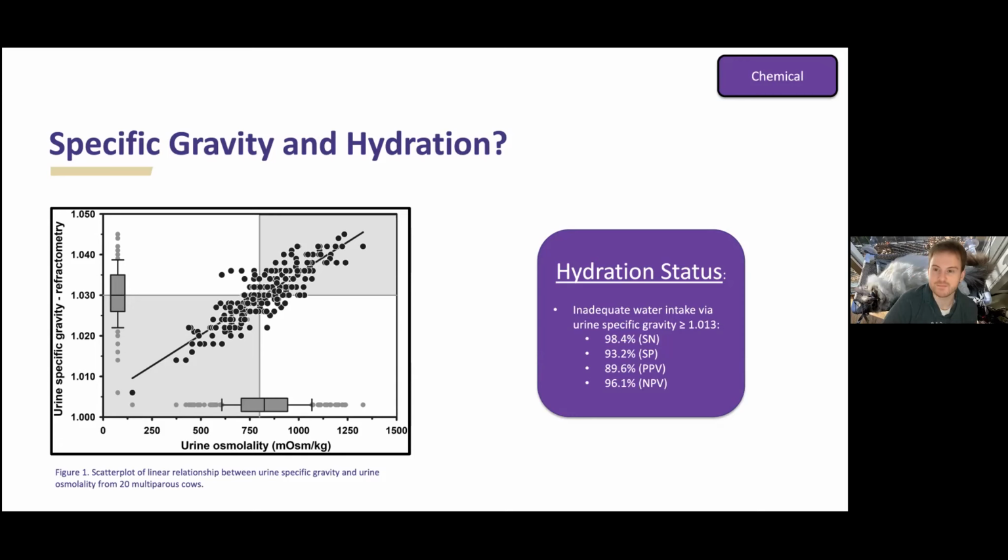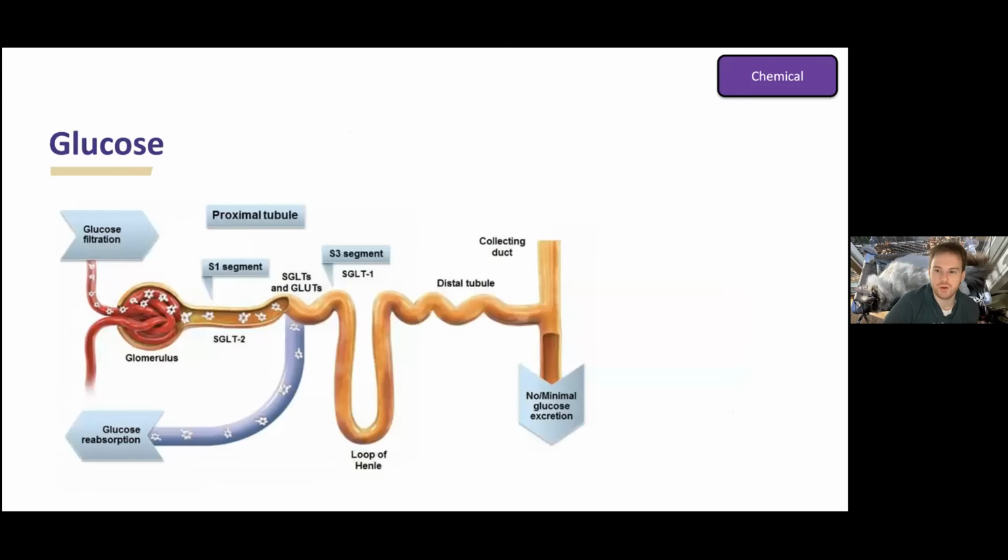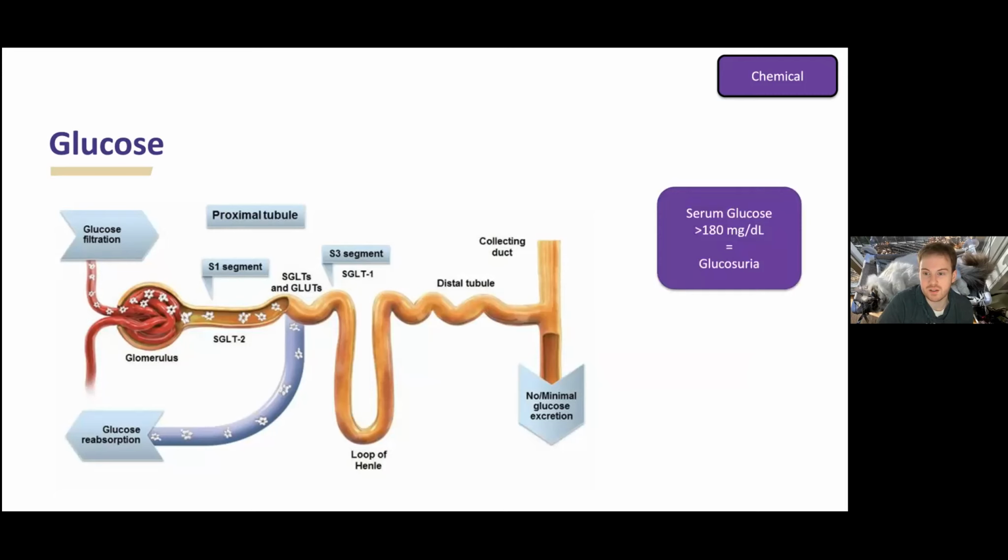All right. We'll quickly go through glucose because I think this is something that we're all very familiar with. So glucose is filtered and then actively reabsorbed in the proximal convoluted tubule. When the serum glucose surpasses around 180 milligrams per deciliter, the transport is overwhelmed and the excess glucose remains in the filtrate. This can happen in many conditions, most commonly the endocrinopathies like diabetes mellitus, Cushing's, thyrotoxicosis,